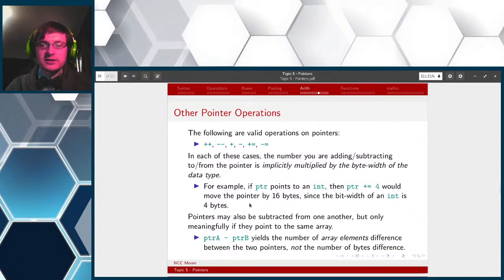Pointers may also be subtracted from one another, but only meaningfully if they point to the same array. So, pointer A minus pointer B yields the number of array elements difference between the two pointers, not the number of bytes difference. And if you imagine you have pointer A pointing to some address inside of the array foo, and pointer B pointing to some address inside of the array bar, those aren't the same array,